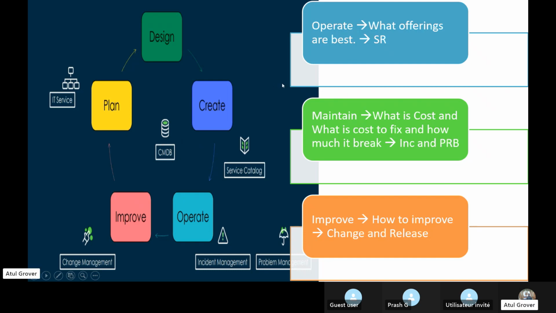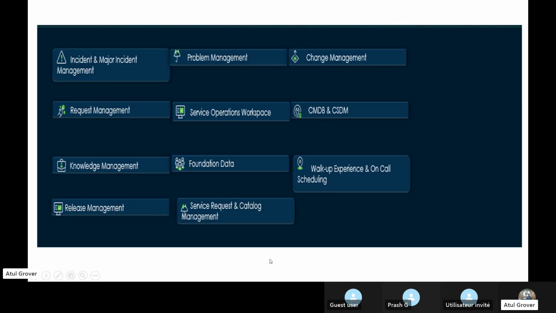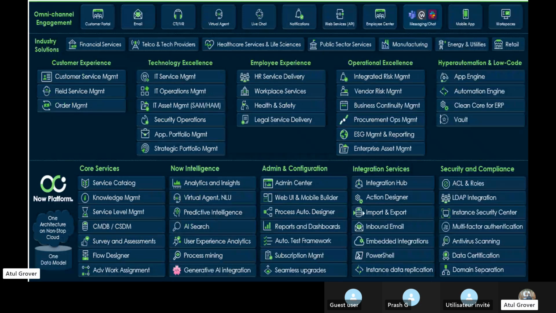Why? Either you do service offering, or incident, or change, CMDB is required. And this catalog is where your work actually starts, because you're offering something here. So like this. Don't overthink this part. Go with the flow. You will get to know a lot of things. And here you can see a high level view of ServiceNow products.